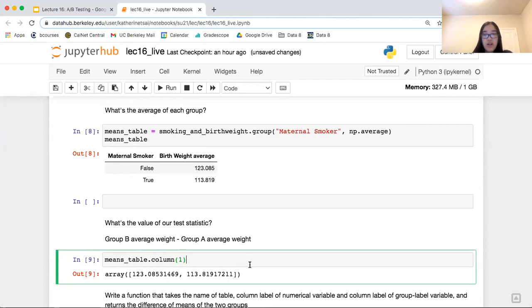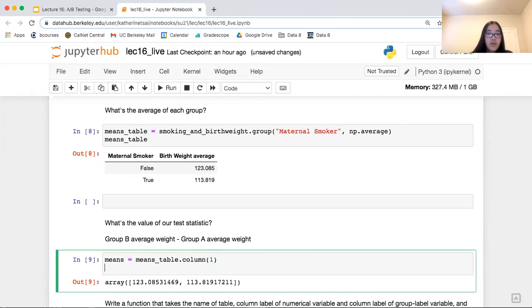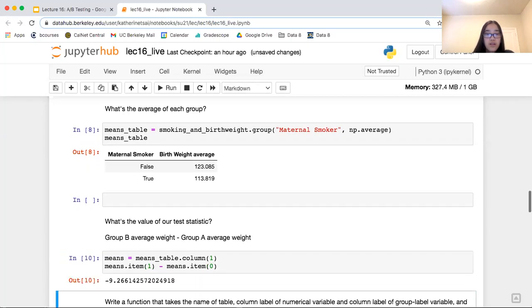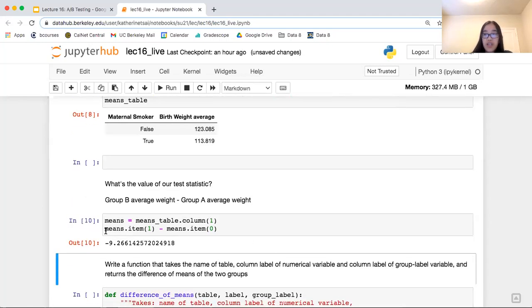Okay, so now that gives us our array. We can call this means. We can do means.item, so we want the group B average weight, which was people who smoked. That's item(1). And then means.item(0). And that will give us our observed test statistic.